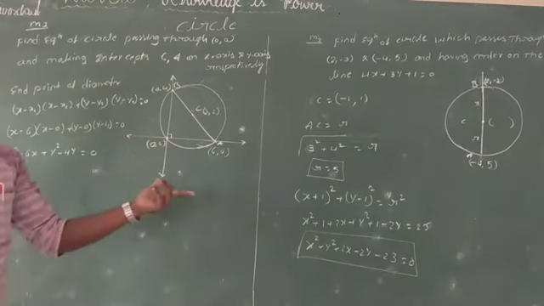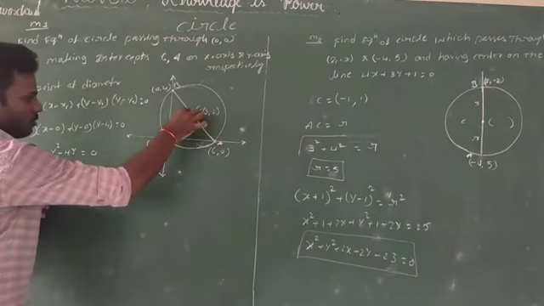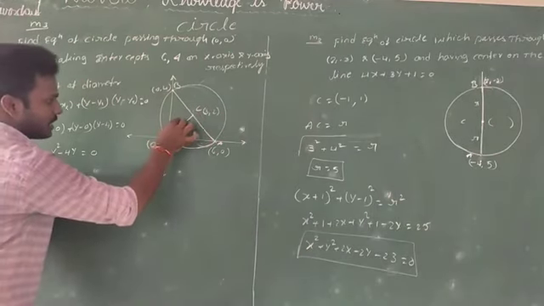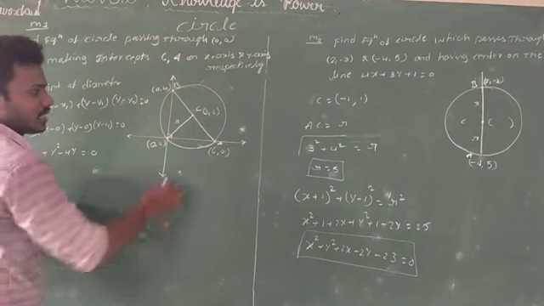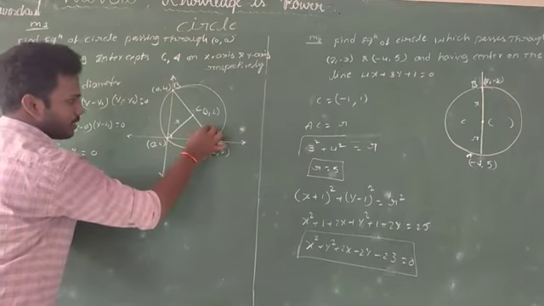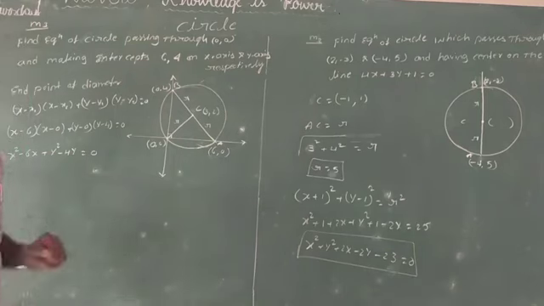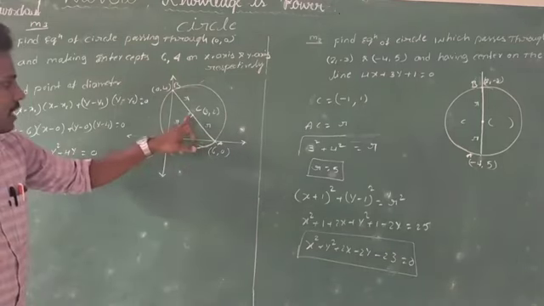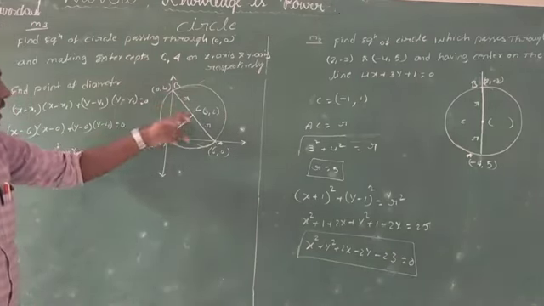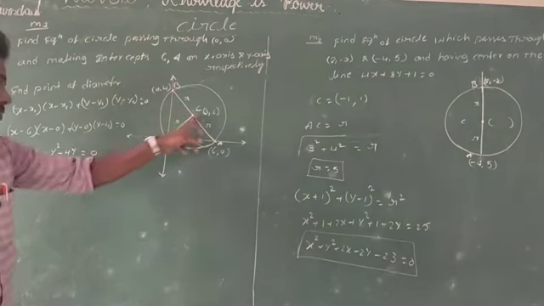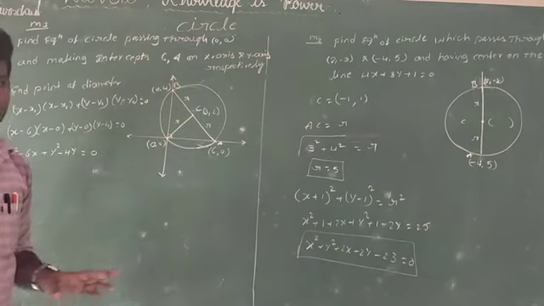So we know the center. The distance OC is the radius of the circle, and AC is a radius, and BC is also a radius. You can find the distance between any two points: the distance between A and C, between C and B, between O and C. All are the same distance, the radius.